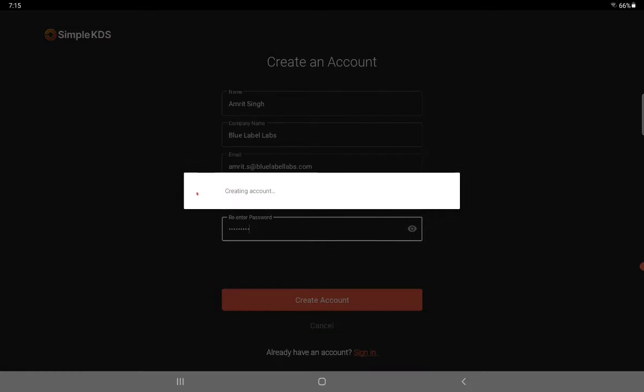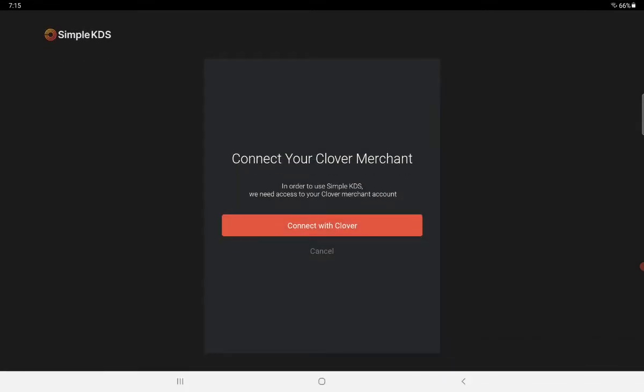Tapping on create account will create an account and the user will navigate to the connect your Clover merchant screen.